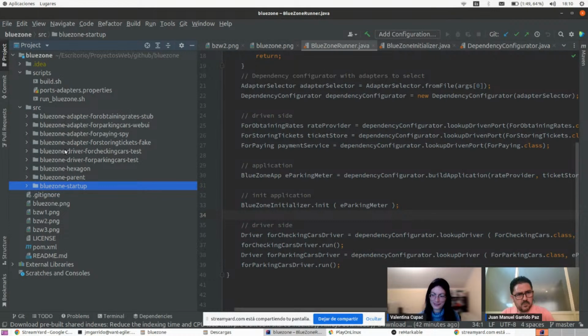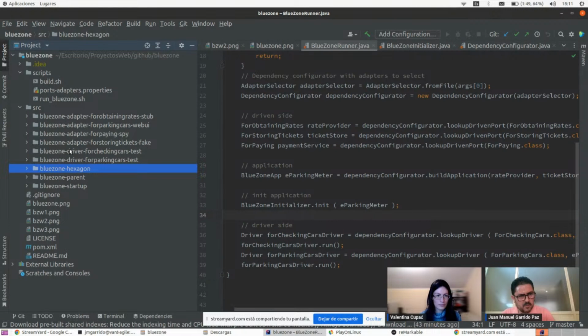I prefer to. I've always seen a Hexagonal architecture as a modular architecture, where I have the hexagon as a module, and the adapters or the actors surrounding it, independent, without any layer. So, here